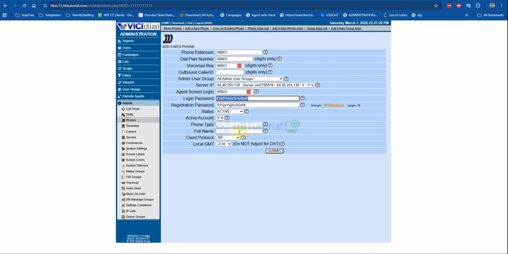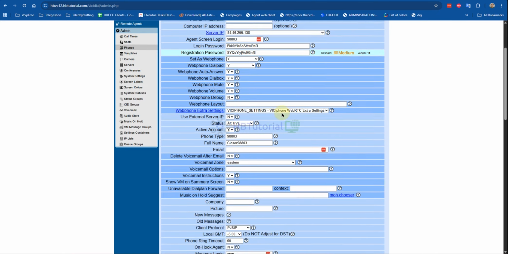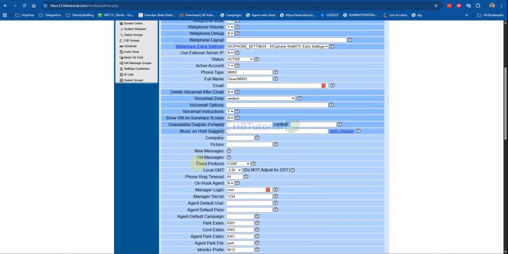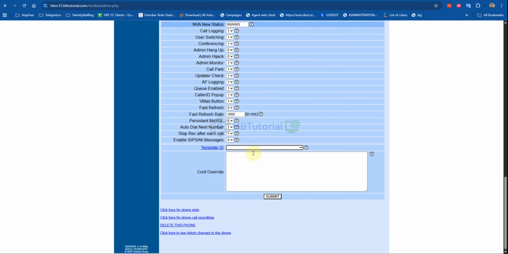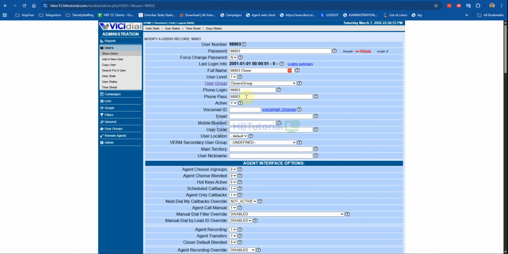I can use this one as a password. We're using PJSIP, so we need to change this one to PJSIP. And we are using a web phone. So client protocol PJSIP, and then our template should be PJSIP. And then don't forget to copy this password and go back to the user, and you need to change this one.